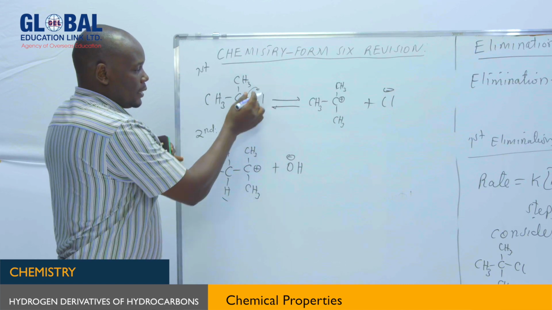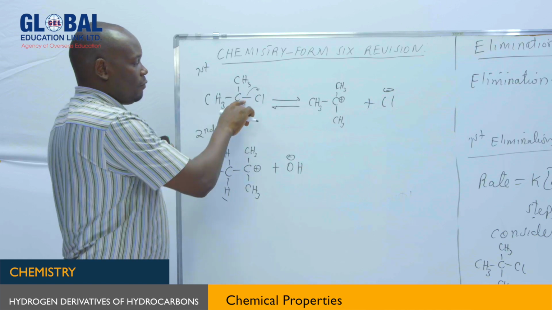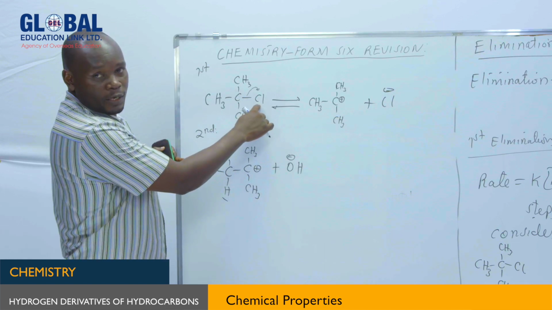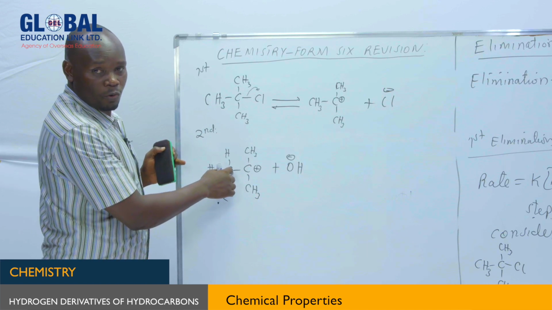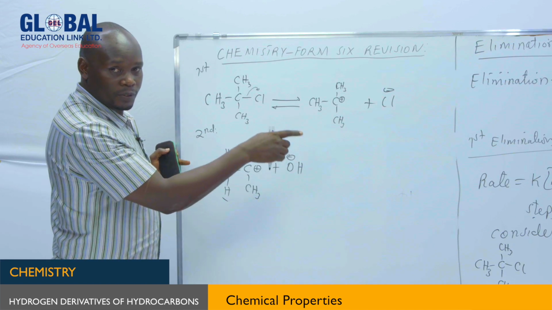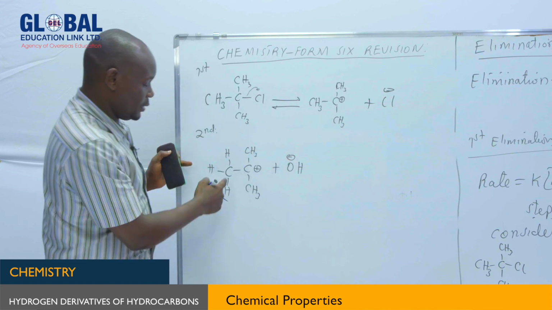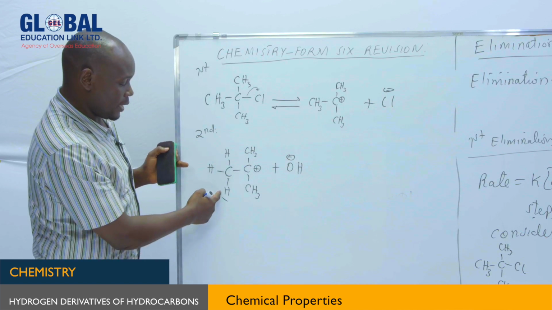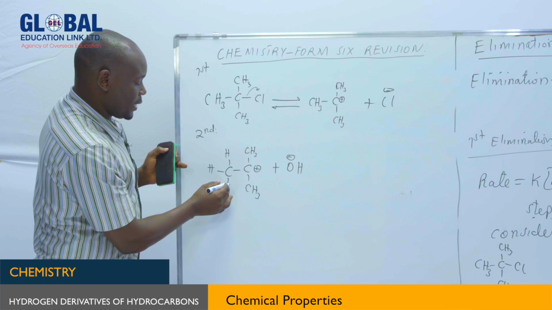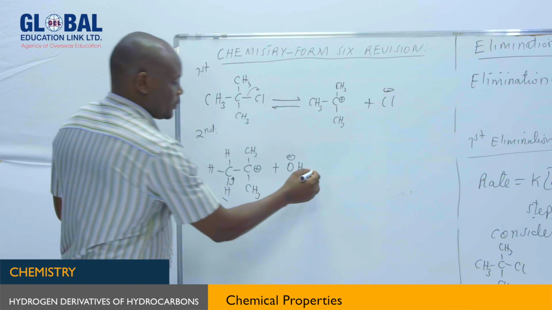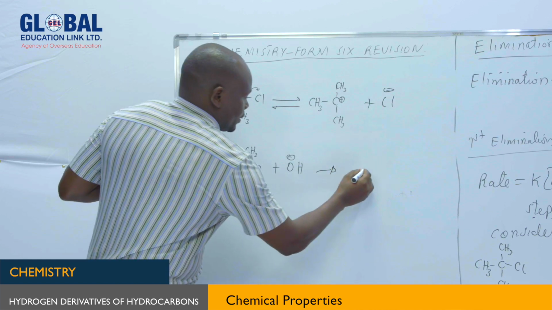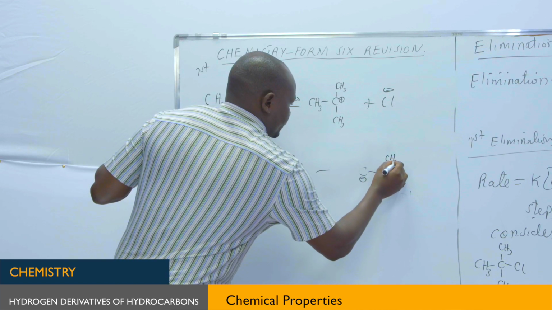When the halogen attracts the electron pair towards itself, the hydrogen carbon bond also becomes weak under alcoholic potassium hydroxide. Since carbon is more electronegative than hydrogen, this beta hydrogen will also break down, and after breaking down, it will release, we have CH3,